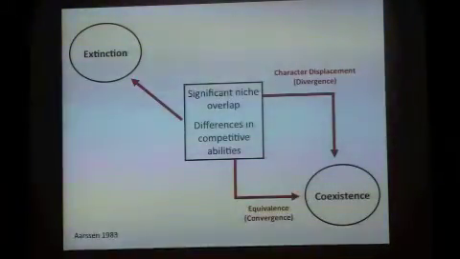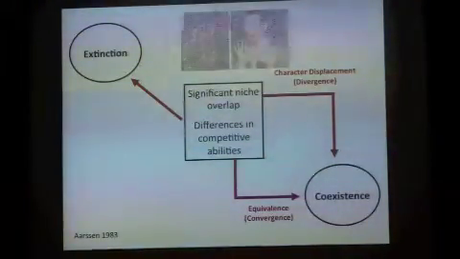And then back in the 80s, Lonnie Arsen suggested that there's a third potential pathway, in that you could get species to converge with each other, and that could be another path to coexistence if species become equivalent species. That didn't make a lot of sense to me until Mark McPeak explained it to me this way.